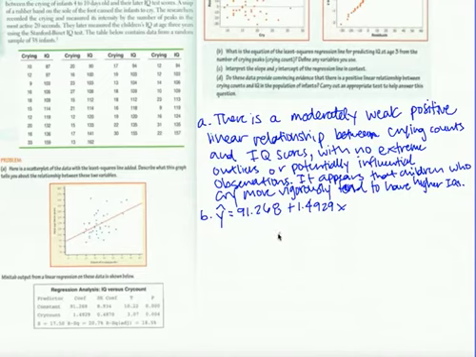And then it asks us to define any variables that you use. So we would say x equals the cry count and y hat is the predicted